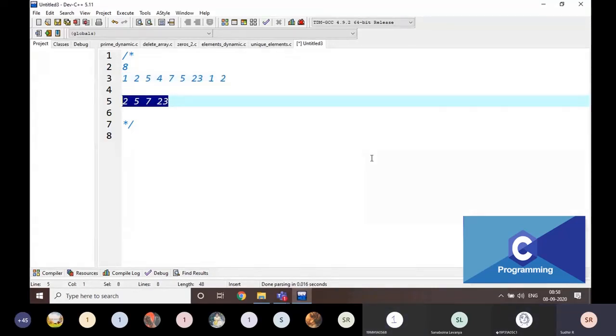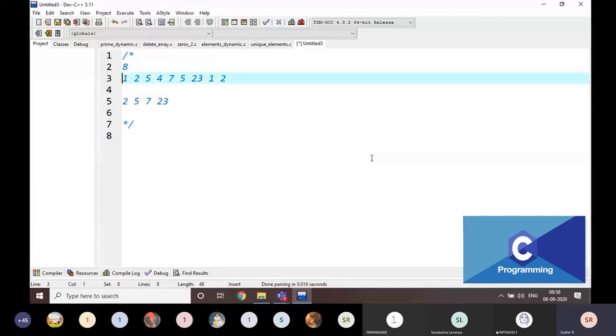The program name is leaders of the array. The left hand side numbers. The first one, we do not include the first one. Why? Because there are no left hand side numbers for the first one, right? That's why we have to start from this. And we have to calculate whether the number is bigger than all the left hand side numbers. If it is bigger than all the left hand side numbers, then we have to print it. That's it. Is the question clear everyone?